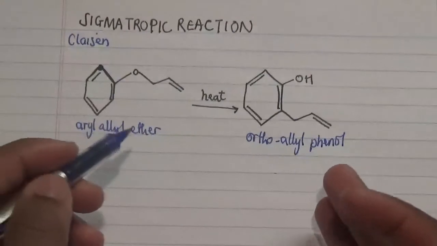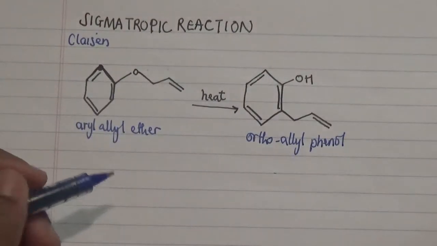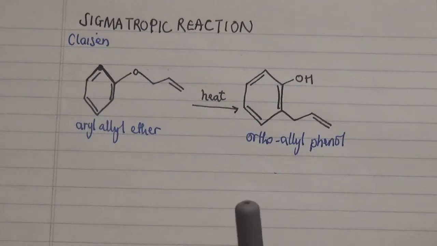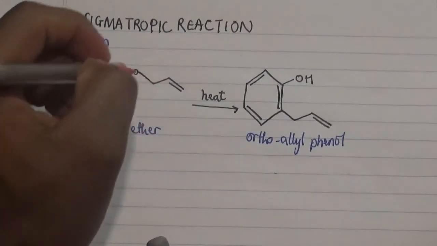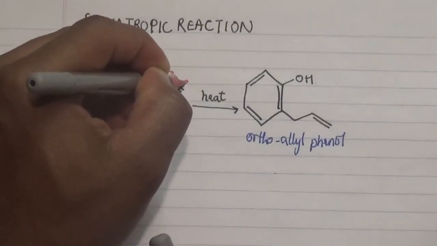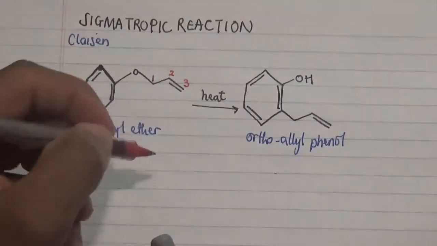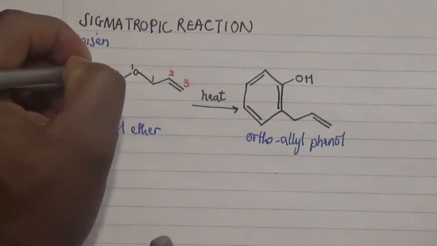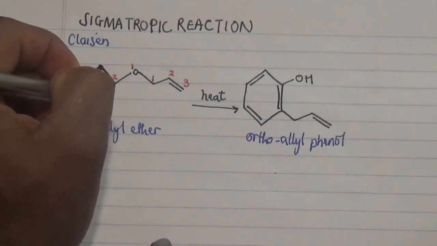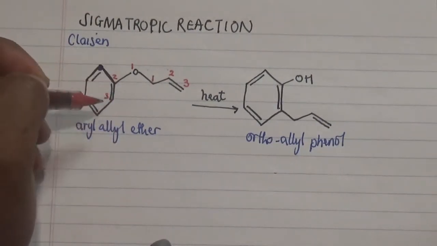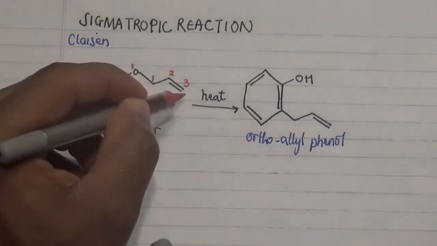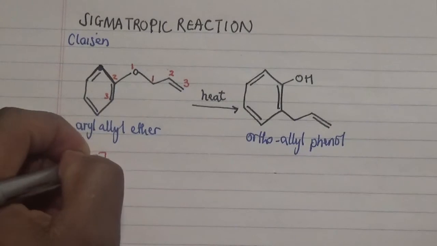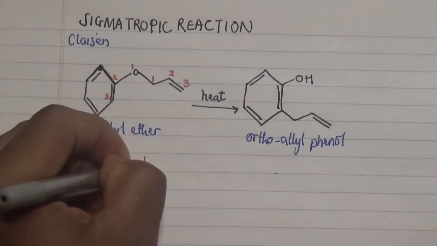Now, how is this actually performed without the presence of a solvent? There are actually two steps to take note of. First of all, it's a numbering system that we need to be aware of. The numbering system focuses on one particular segment here, which we call 1, 2, 3, 3 being the last part of the double bond, while on the other side we start off with a heteroatom, which in this case is oxygen, going 1, 2, 3, where 3 is the last end of our double bond on the other side over here. Now take note also that this numbering system enables us to name it a 3,3 sigmatropic